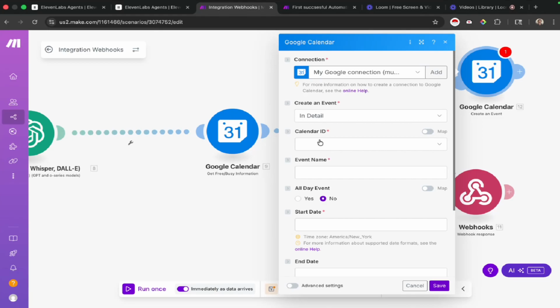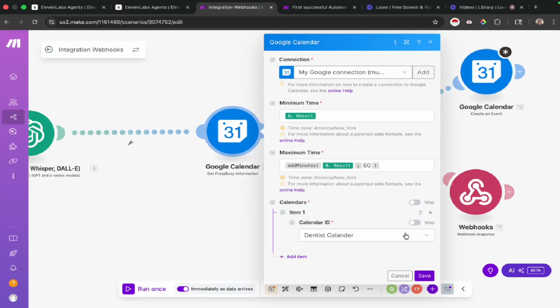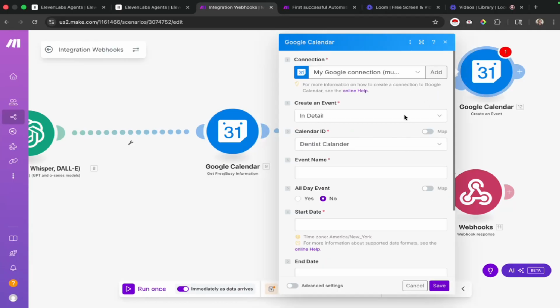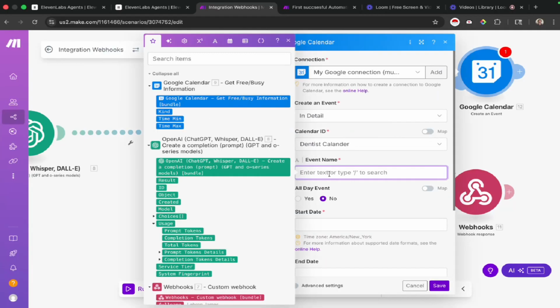Now, you want to click on the calendar ID, which should be the first one that you picked. Since we're doing this one, I'm going to do dentist calendar. I think I did it for that one, right? Yeah, okay, good. Then the event name. To make it very easy for the business owners to understand what their next appointment is, you want to just say